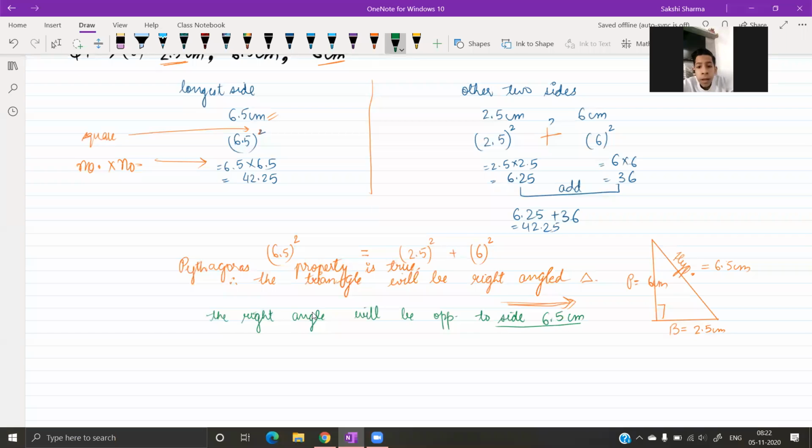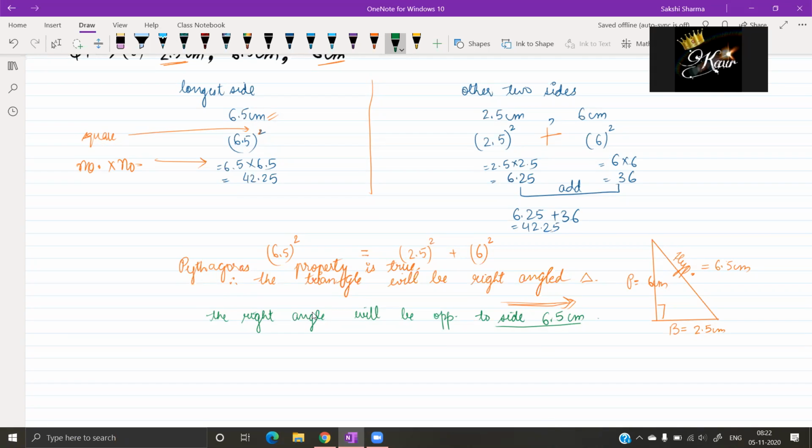Ma'am, please explain the triangle once again. We will do one more part. Excuse me, ma'am. Yes, Gagandeep. Ma'am, why will only 6 centimeters be the perpendicular? You said 2.5 centimeters. I said could be. I am not saying it will be. I am saying could be. You can draw the perpendicular with 6 on the bottom also, and the standing side could be 2.5 also. They could be interchanged. P and B can always be interchanged.